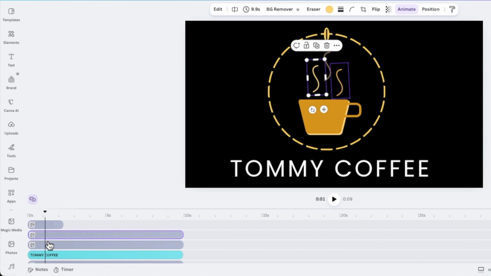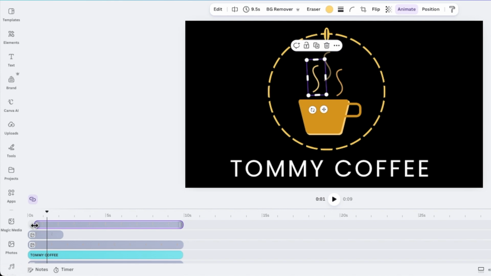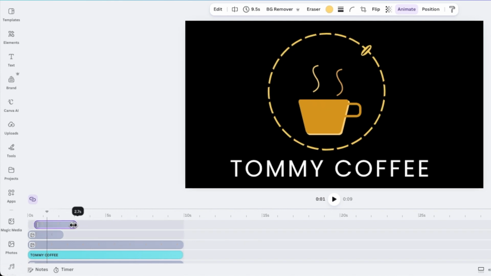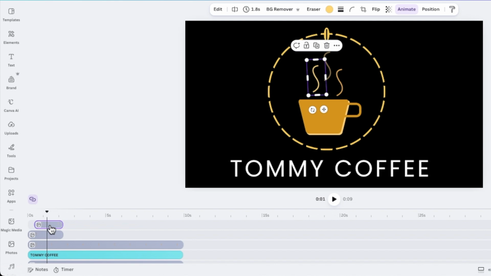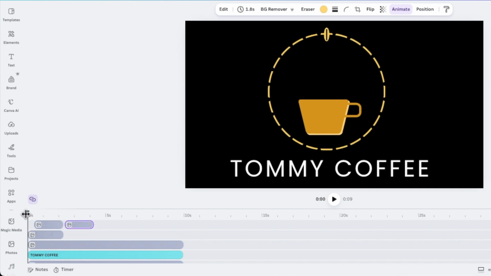1, 2, and 3. So I want to start with this one, so I want to put it on top and then start with it. I don't want it to appear immediately, therefore I will adjust the layer and have it appear up until a certain point. And while I'm working on this one, I'm going to Control C or Command C to copy the shape and then paste it on the same line, so that when it appears this way. So let me play it